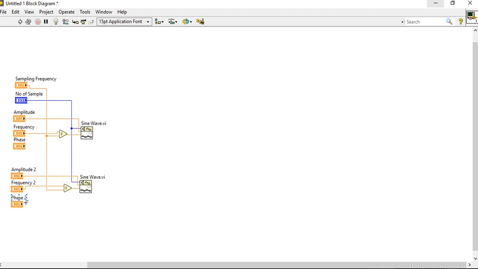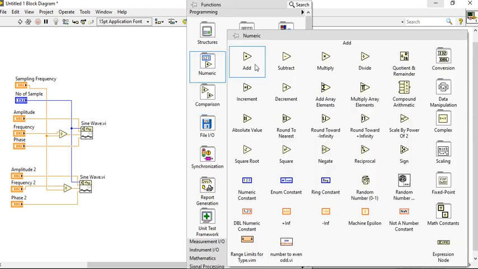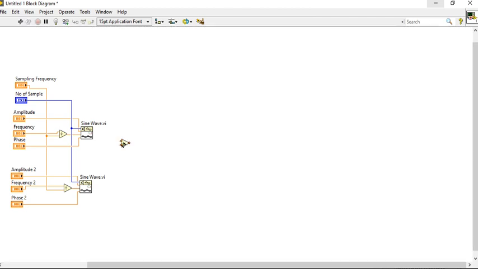Right, phase. Both will generate two different signals. Now if we add these two signals, and the frequencies are different, it will generate a multi-tone signal.